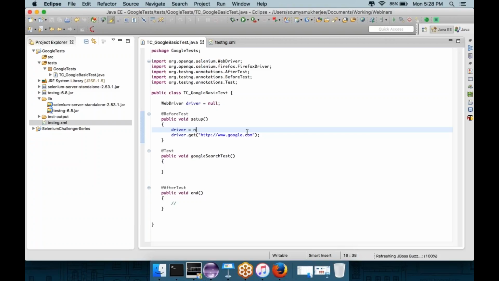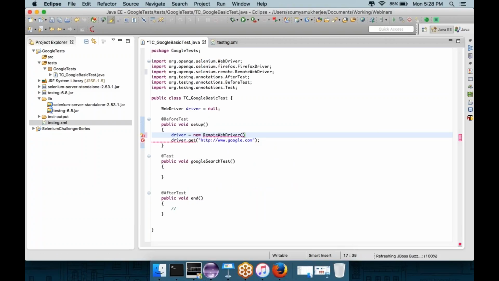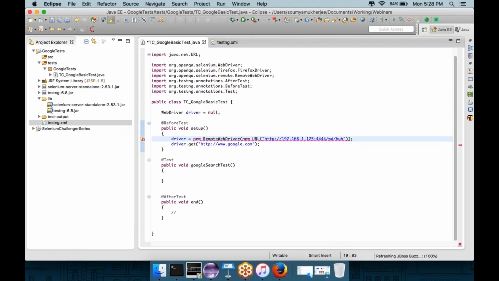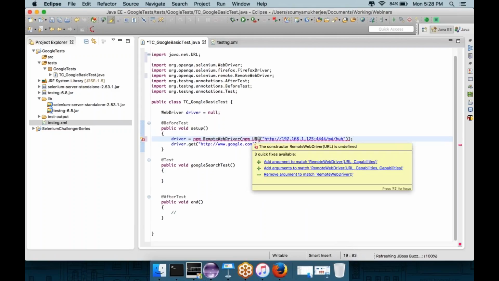But if I write new RemoteWebDriver and say here new URL, http://192.168.1.125:4444/wd/hub, what this would do is, I need to import java.net and